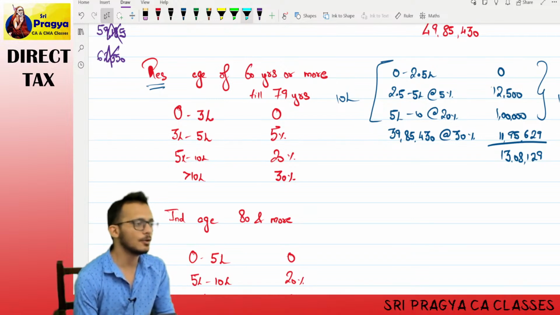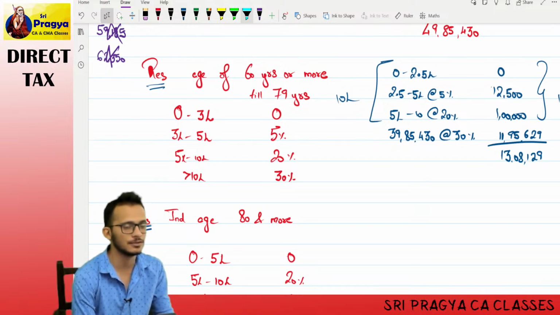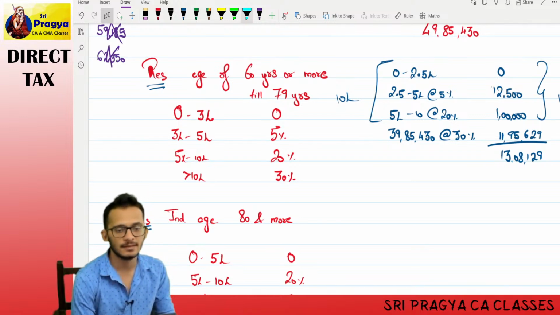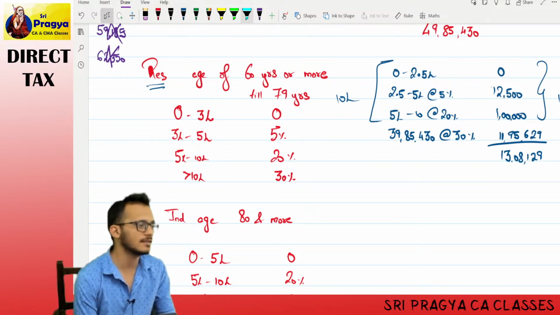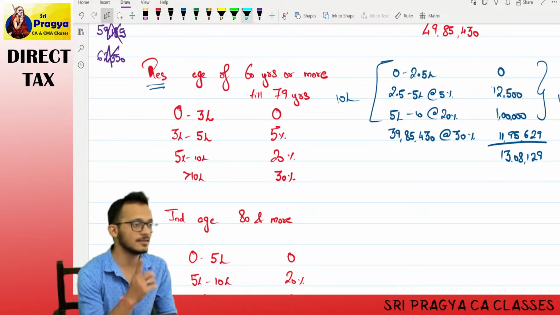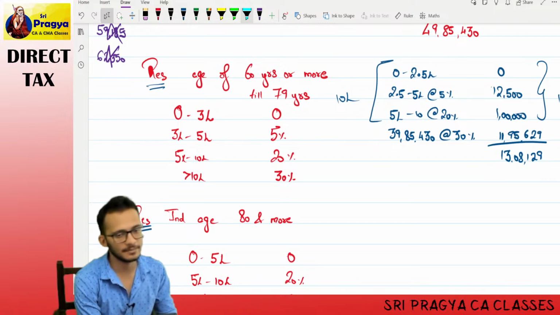If you want to put an assumption, it depends on the marks. If it's only carrying 1 mark, then yes, you can put an assumption. But if it's carrying more than 1 mark, you cannot put assumptions. You will have to do both. In exam, they will like to play around with this. They will suddenly come and say non-resident age 70 years. You do slab of 2.5 lakhs because it's a non-resident aged 70 years. Doesn't matter, he will go back to the original one. Clear? Keep in mind.